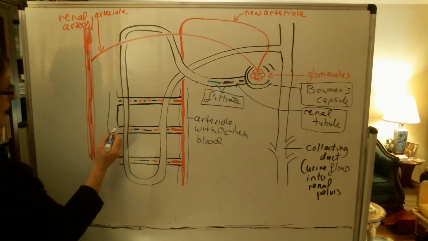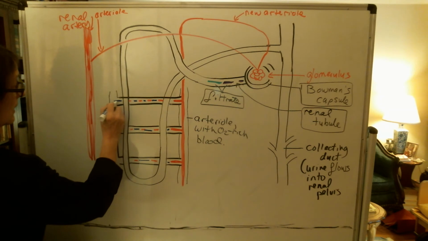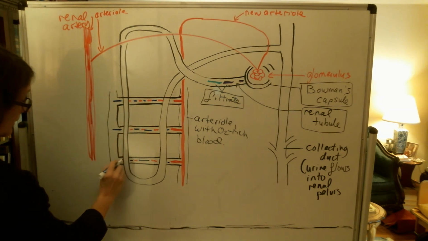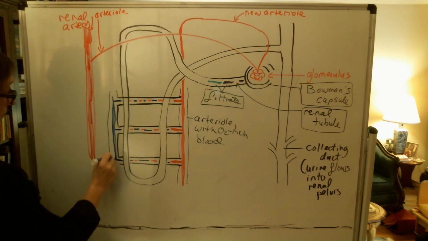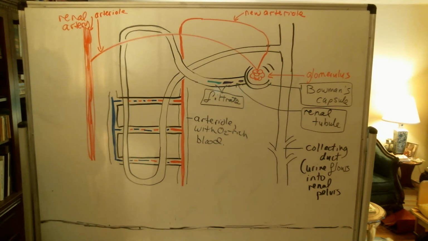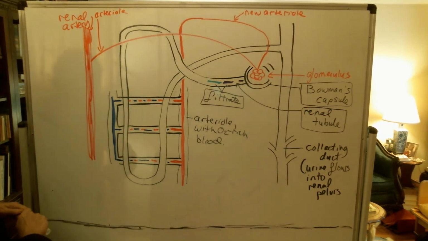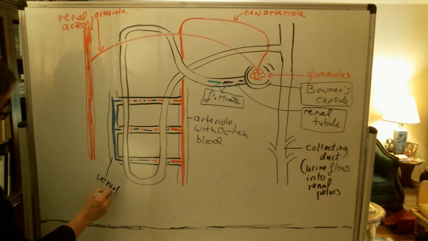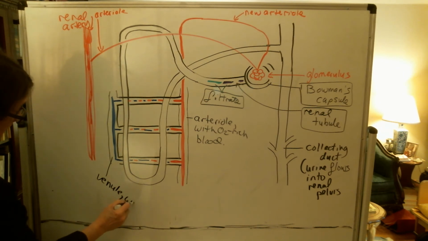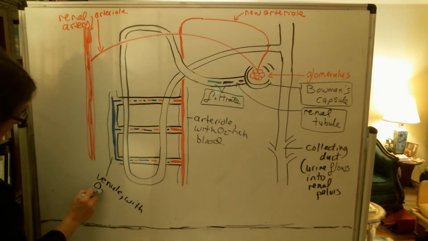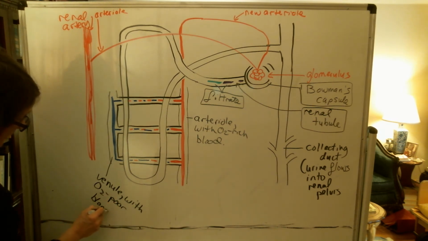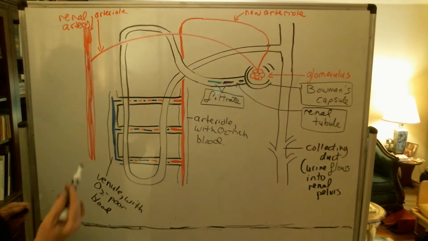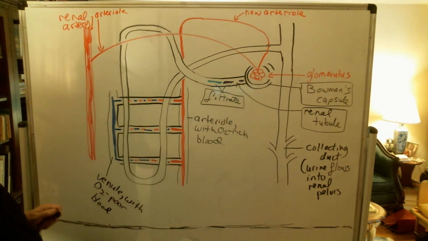In the usual way, the oxygen is given up and you wind up then here with a venule with oxygen-poor blood. So we had a capillary bed that did the usual thing that capillaries do, unlike in the glomerulus where